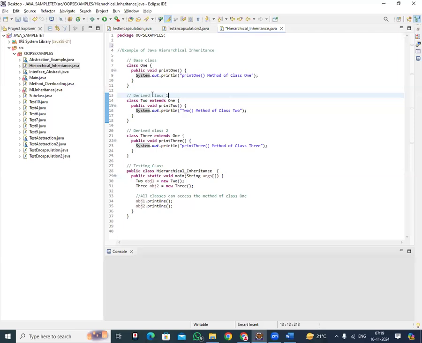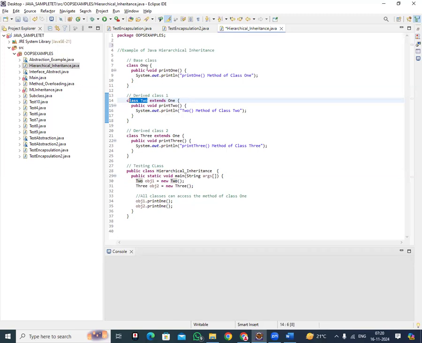So when we come to the derived class, meaning child classes, class 2 is a child class. Extends is a keyword for the inheritance concept. So class 2 is a child class that extends class 1, and class 1 is the parent class. So the inheritance concept always means child classes extend the parent class. That is the inheritance. That means class 2 is a child class, which is a derived class, which is extending the parent